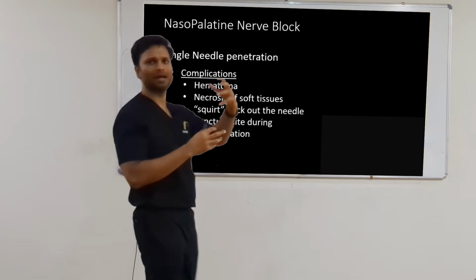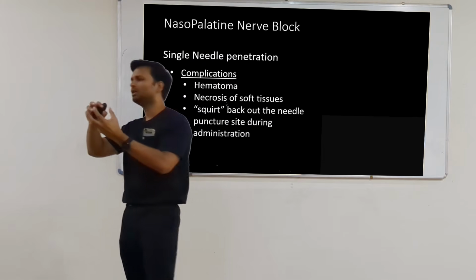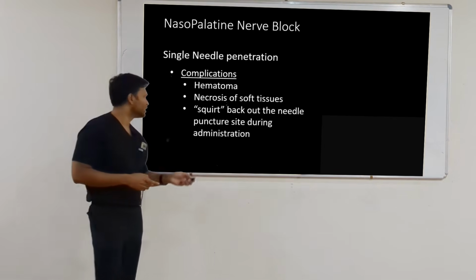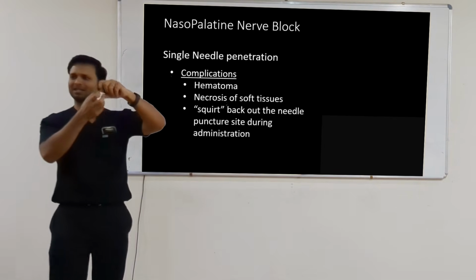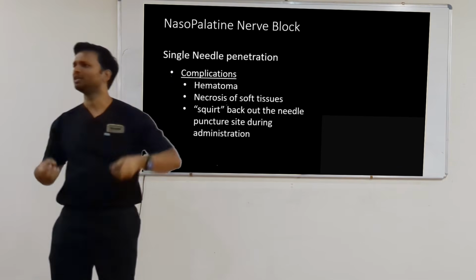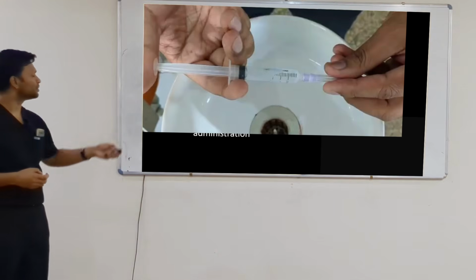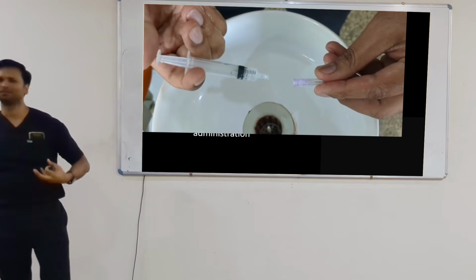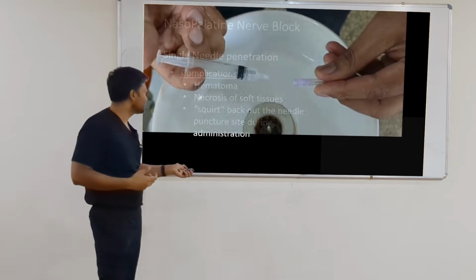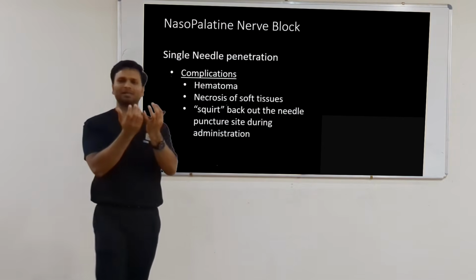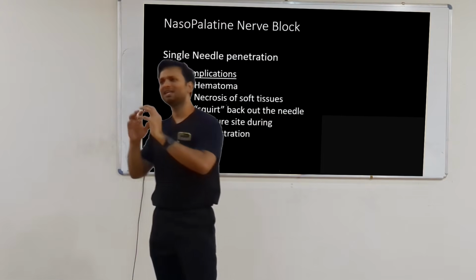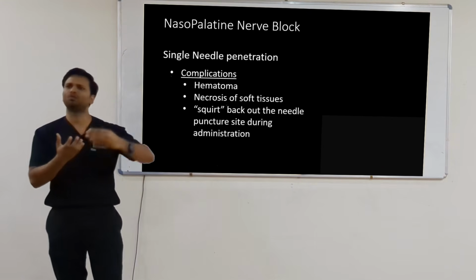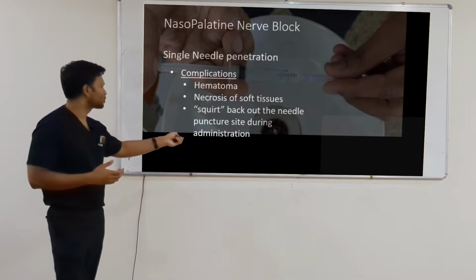either if you have a higher concentration of adrenaline or if you have deposited a lot of LA solution, then you might have necrosis of the soft tissue. Has this happened to anyone? You're giving a nasopalatine block and suddenly the syringe gets separated from the needle. Let me see if I have a video. Something like this: you're depositing the LA and suddenly it separates and LA spreads everywhere. The reason is that the space available in the nasopalatine region to deposit the LA is very minimal. You're pushing a little LA and applying too much force to deposit some more amount of LA. Then you're going to see squirt back from the needle.